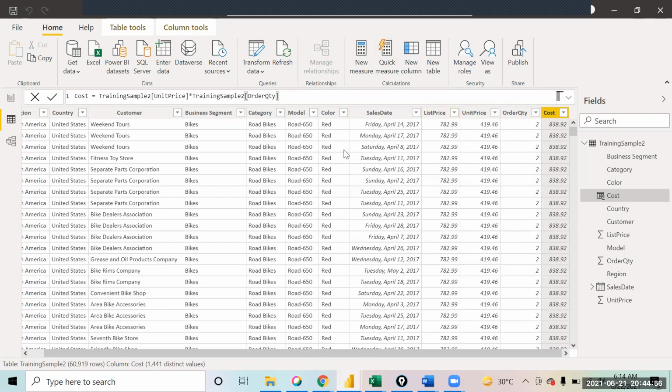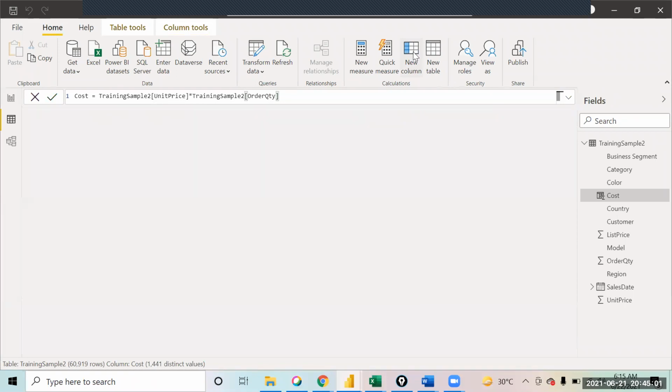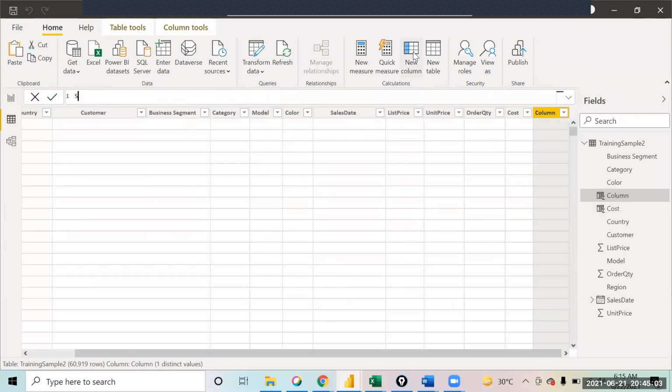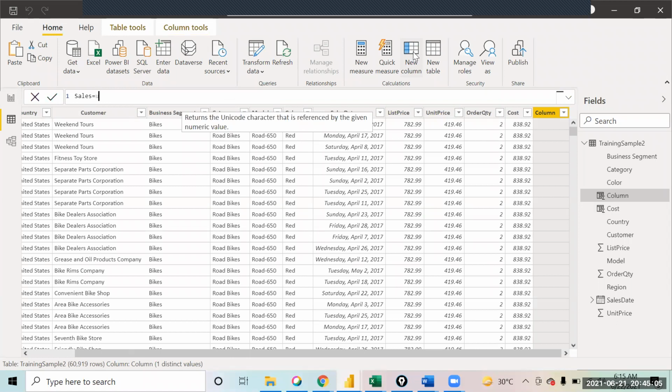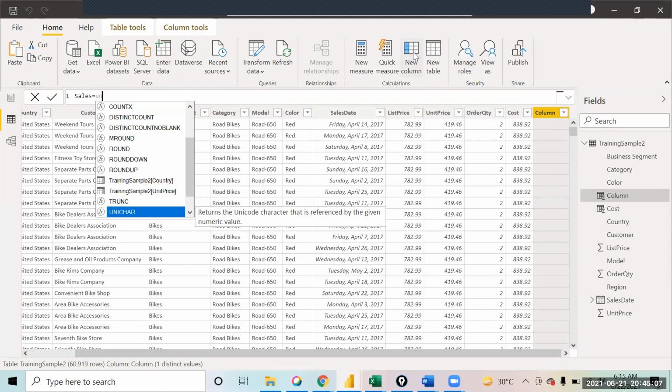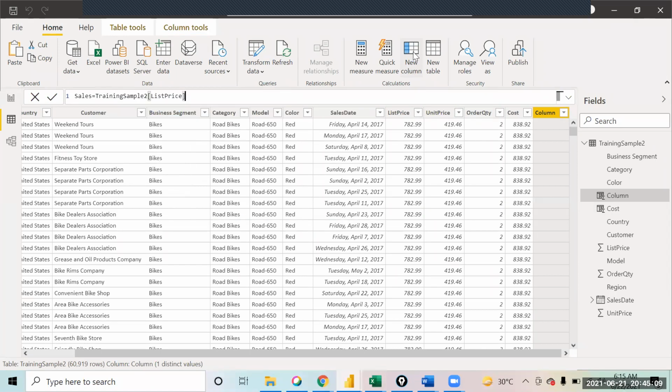Similarly, add a new column for sales. Suppose I'm saying sales equals list price into order quantity.